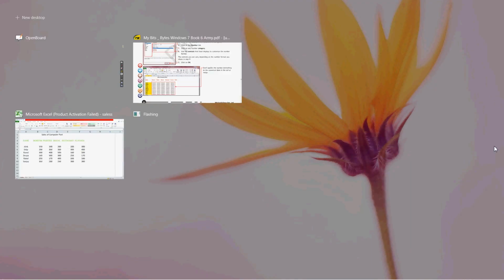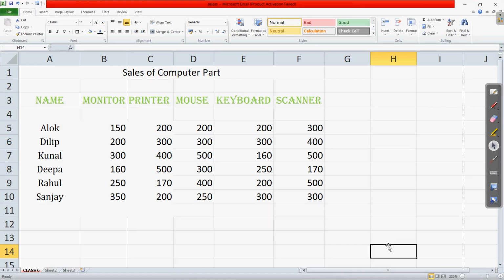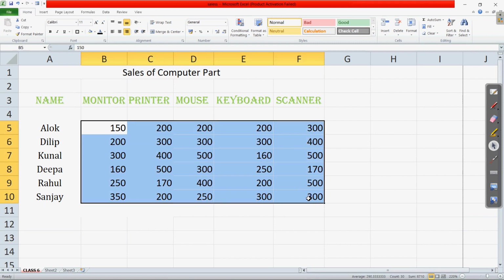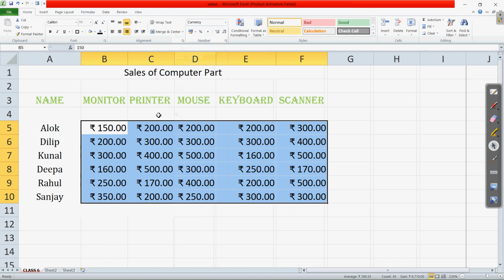So if we come to the Excel sheet, clear? So this is our data. Now suppose these are the numerical values which we want to get formatted. So first we have chosen this, then click on the home tab, and here we have the number format. Clear? So whatever the number format, suppose which few of these are appearing here also. So suppose we want the currency symbol. So if I click on this, you can see the rupees symbol has been added along with this, and the number also appears with some decimal and zeros after the decimal.